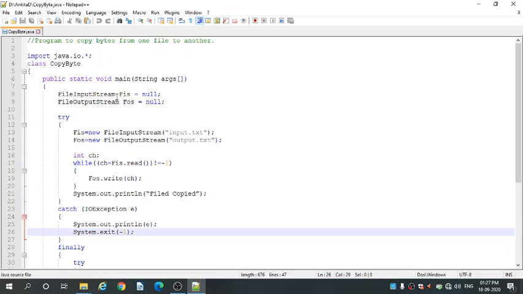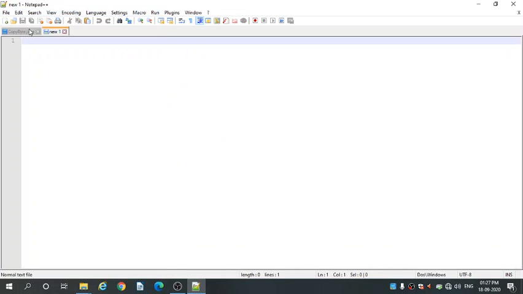Okay, so another very important thing is we have to create the input.txt file and the output.txt file. Okay, so let's create the input.txt file. Go to File, click on New. Okay. Inside this file, write some content.